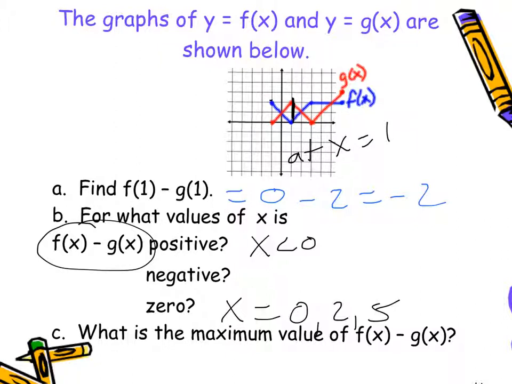The blue graph is higher than red at x less than 0. Oh, and it appears that when x is between 2 and 5, greater than 2, less than 5, it's also greater. For negative,